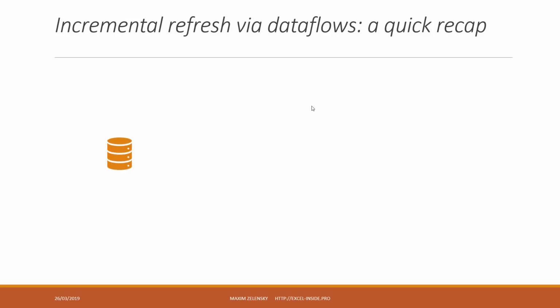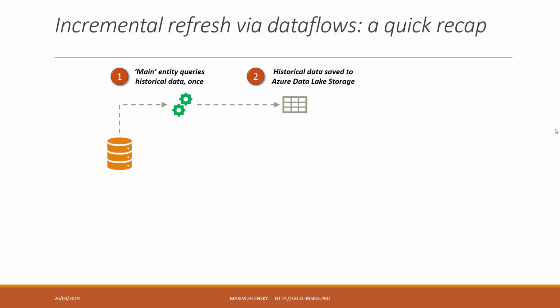Let's make a quick recap of what we just did. First of all, we created a main entity which queries historical data only once. Then we save this data in Azure Data Lake Storage. We saved the main entity, saved the dataflow and refreshed it. And historical data is saved to Azure Data Lake Storage. Then we created a staging entity which reads this saved data from Azure Data Lake Storage,